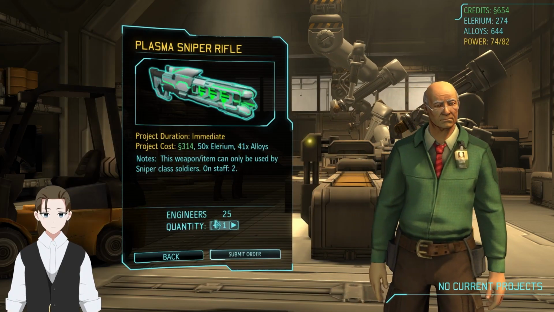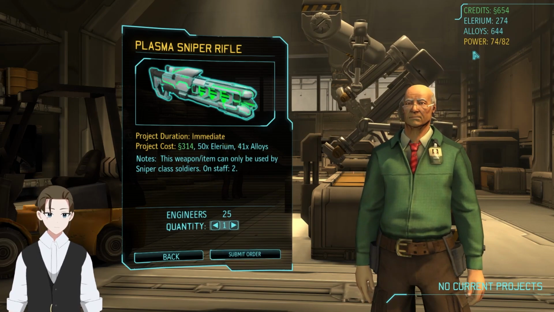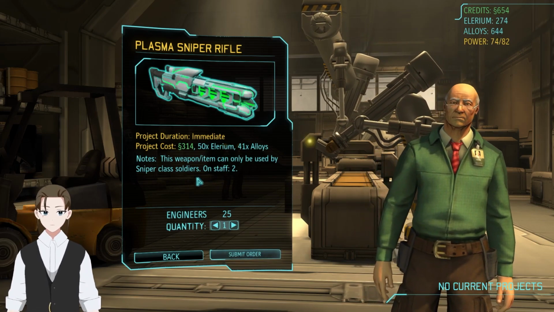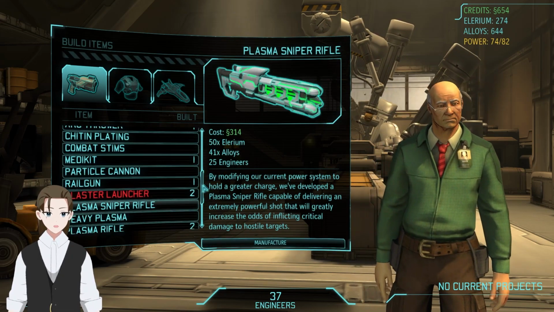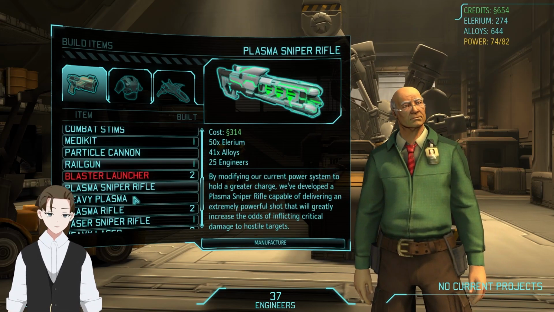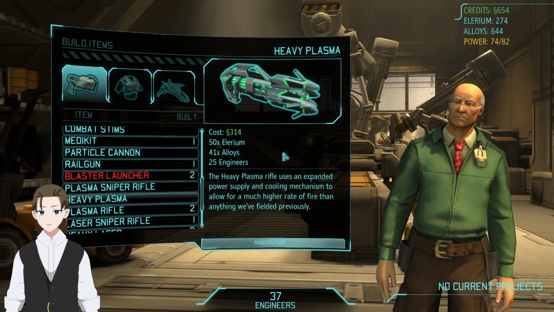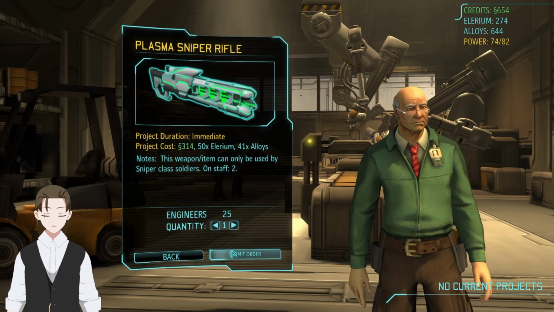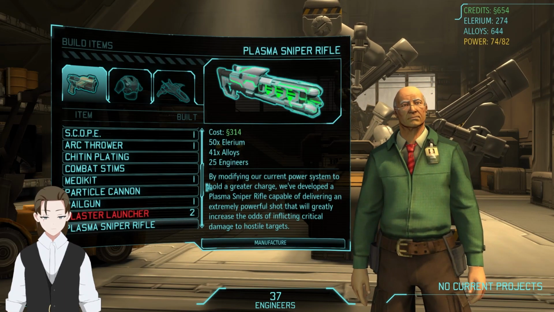Plasma sniper. Let's map this out first, actually. We have plenty of Illyrium, plenty of alloys. 314, and we aren't getting the particle accelerator here, or particle cannon, even though I kind of should. 314 on both is 628. We have enough. That is one of each of these. I could go for 2...